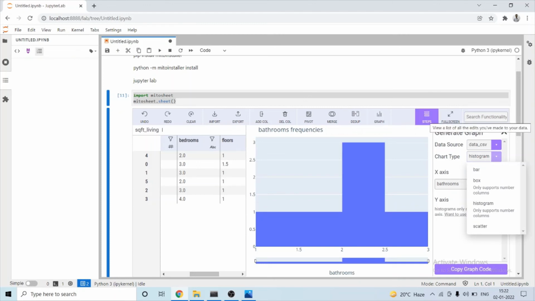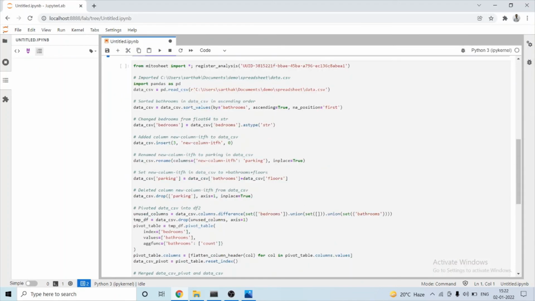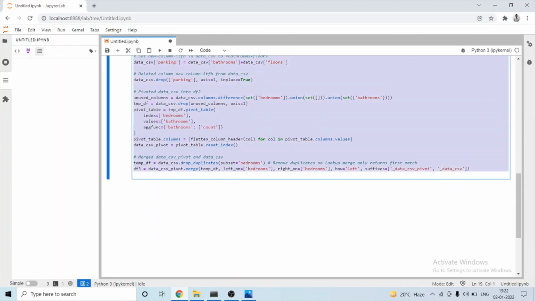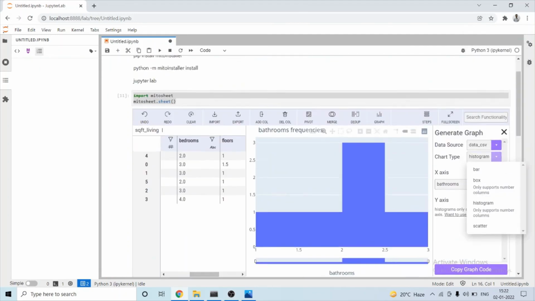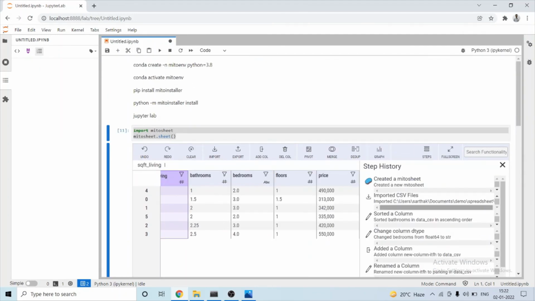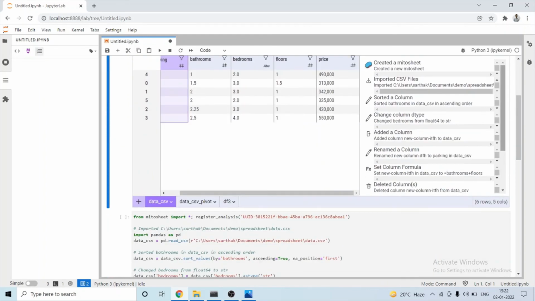So it gives a better GUI where we can perform operations on our spreadsheet and generate the corresponding Python code. It becomes easier for an individual who is new to Python and helps them write code, and you can track your progress, whatever steps you have done, in the step history. So we have created a Mito sheet, imported our CSV file, sorted, and these are the various history entries for it.